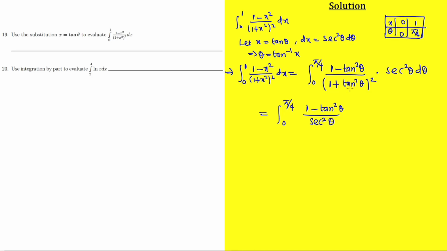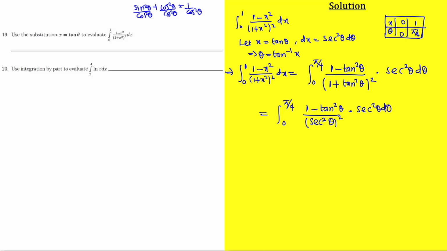Okay, now just from your idea of sin² theta plus cos² theta being equal to 1, what I'm saying in essence is that if you have sin² theta plus cos² theta equal to 1, and you divide both sides by cos² theta, you are going to have tan² theta plus 1 equal to sec² theta. Then you have this squared, then multiplied by sec² theta